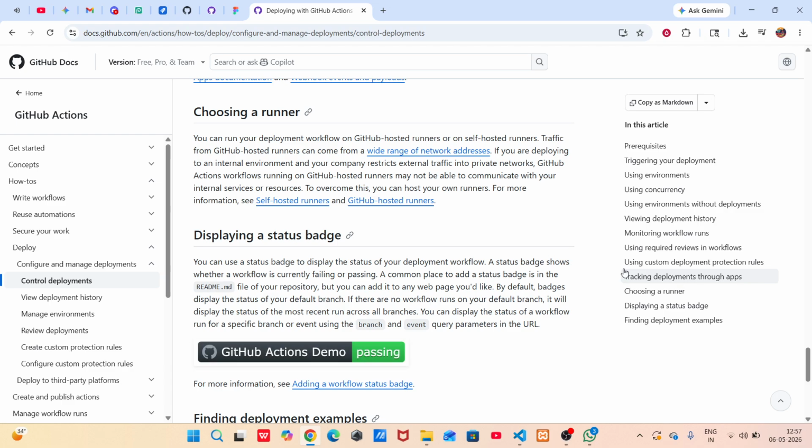That's a wrap on deploying a backend project on GitHub using GitHub Actions. I hope you